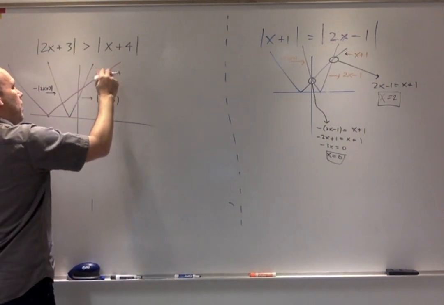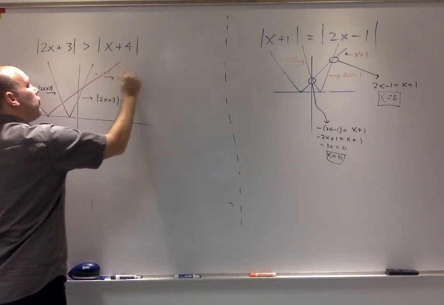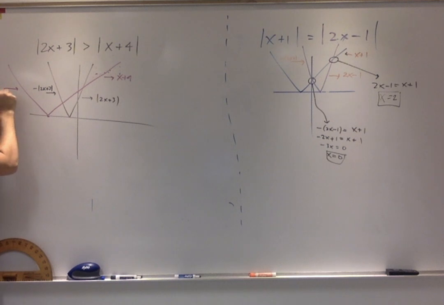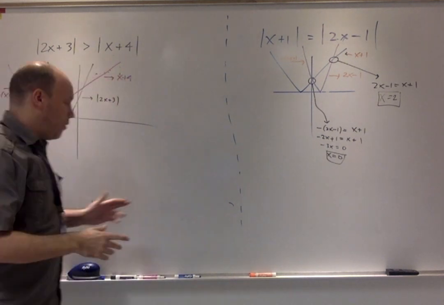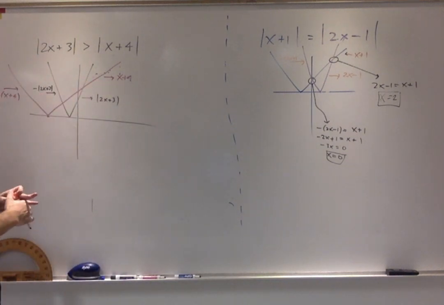This branch over here is x plus 4. This branch over here is negative x plus 4. So the idea is we can clearly see that 2x plus 3